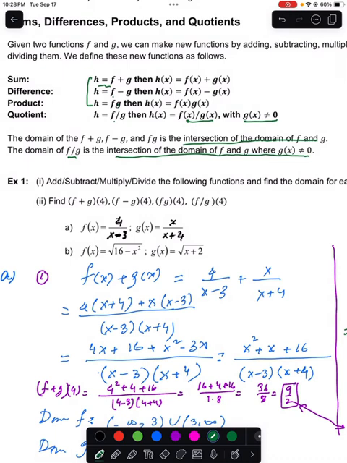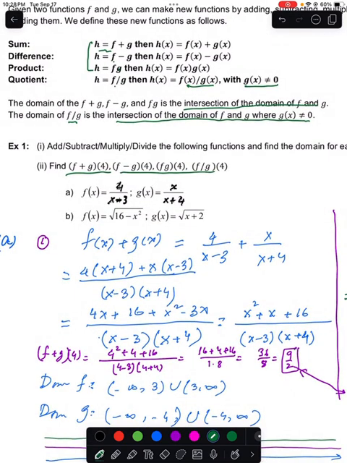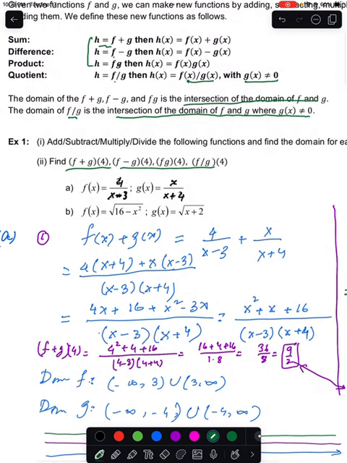So let us look at these examples. We are going to find these functions and their domain, and then we also would like to find these values. Okay, the first example I'm taking here is f of x is 4 divided by x minus 3, and g of x is x divided by x plus 4. So f of x plus g of x